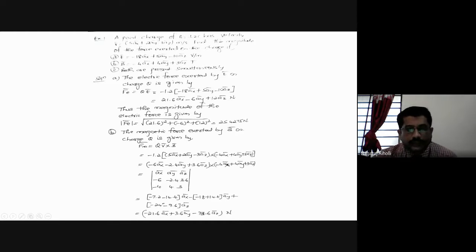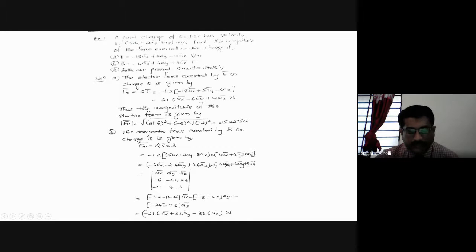First, what you are supposed to do is multiply this minus 1.2 scalar with the vector. Multiplication of a scalar with a vector gives a vector. Remember, if you multiply a scalar with a vector, you will get a vector quantity only. So take minus 1.2 inside: minus 1.2 into 5 is minus 6 ax bar, minus 1.2 into 2 is minus 2.4 ay bar, and minus 1.2 into minus 3 is plus 3.6 az bar. Multiplying 12 into 5 is 60, one decimal point, minus 6; 12 into 2 is 24, 2.4; 12 into 3 is 36, 3.6.